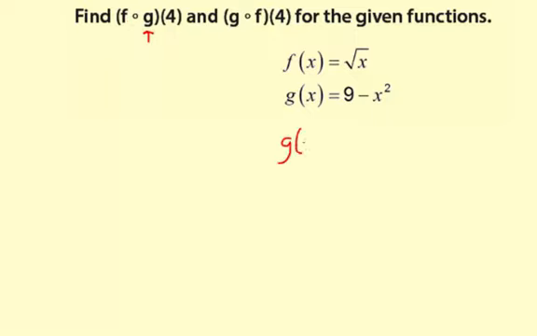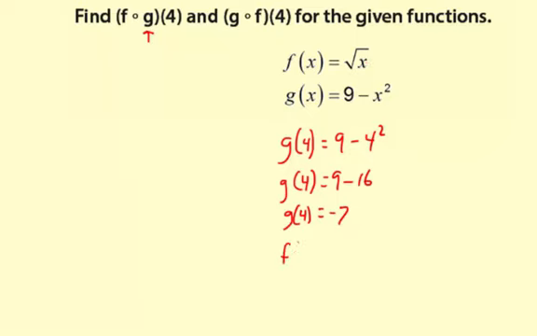g of 4 equals 9 minus 4 squared. So g of 4 is 9 minus 16, which of course is negative 7. Okay, that's g of 4. Now we're going to take this g of 4, which is negative 7, and then substitute it into the f of x. So basically it's going to be like f of negative 7